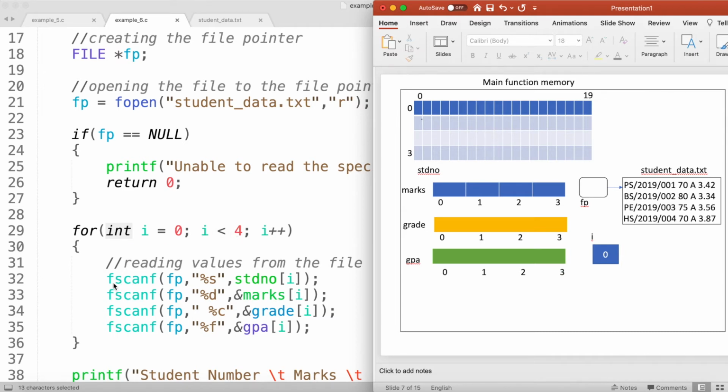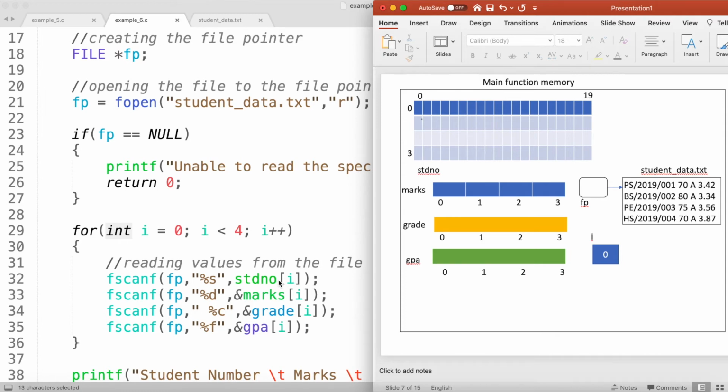So I'm going to do an if scanf statement. I'm going to read the string from my file stream, and I'm going to store that string into my student number I. So student number I, right now, is indicating only the row number, right? It is a two-dimensional array, but since we are reading a string, we can put whatever string we have read from the file stream directly into the row of my student number character two-dimensional array.